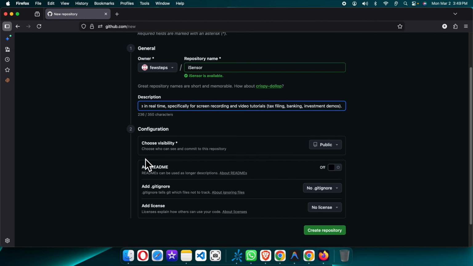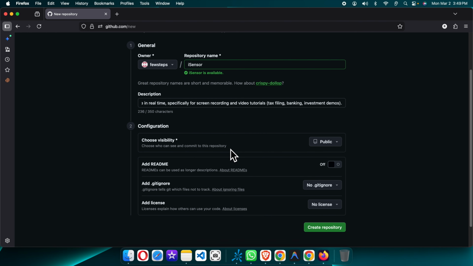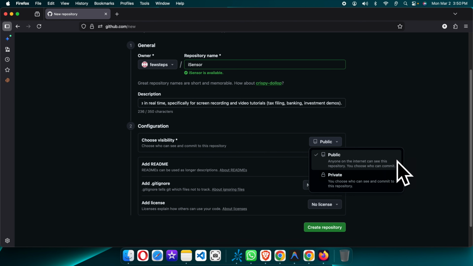Now the next part is configuration. This part is very important. Here we need to mention the visibility, whether my code will be accessible by everybody or not. There are a couple of options. If we click here, we'll see public and private. Public means anybody can check my code or they can do modifications, whatever they want. And private means only I am able to access, and if I give permission to somebody, then they